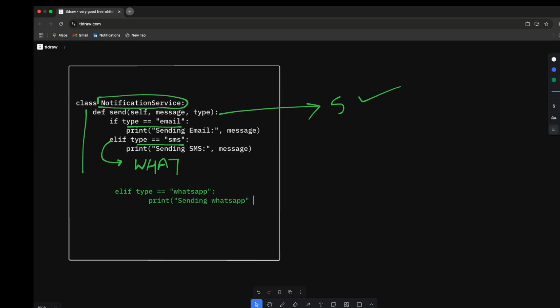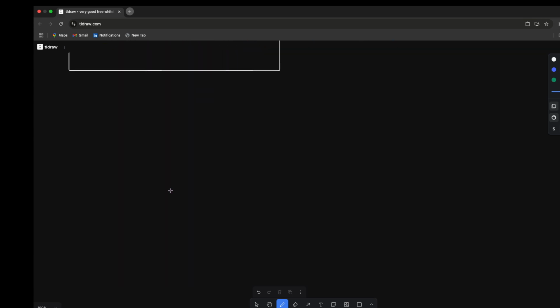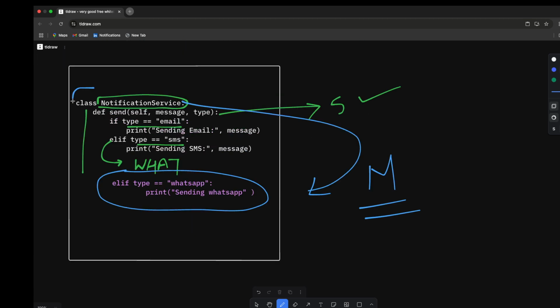So basically, even though we added a new feature, what we did is we modified this class, right? The main class is getting modified. This is a new feature that is added, but while adding the new feature, we have modified the original class, right? So what the open close principle says is, instead of having this written here in this format,